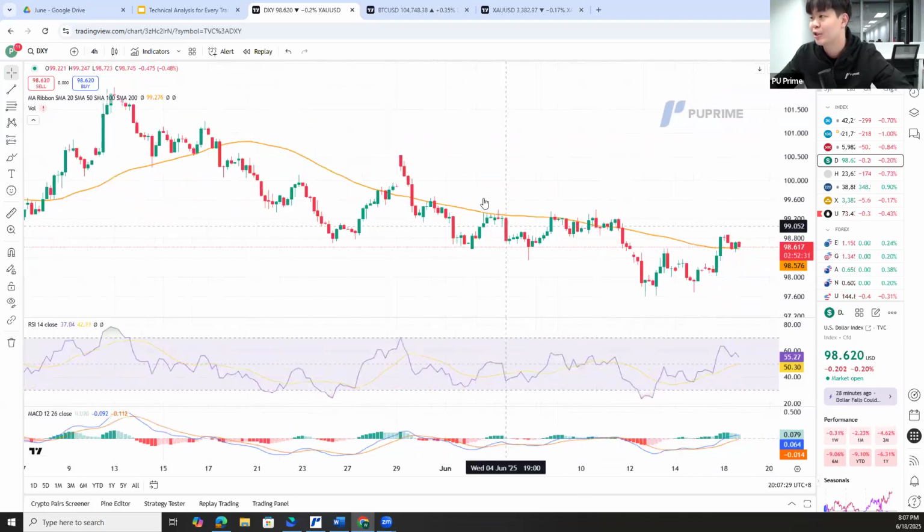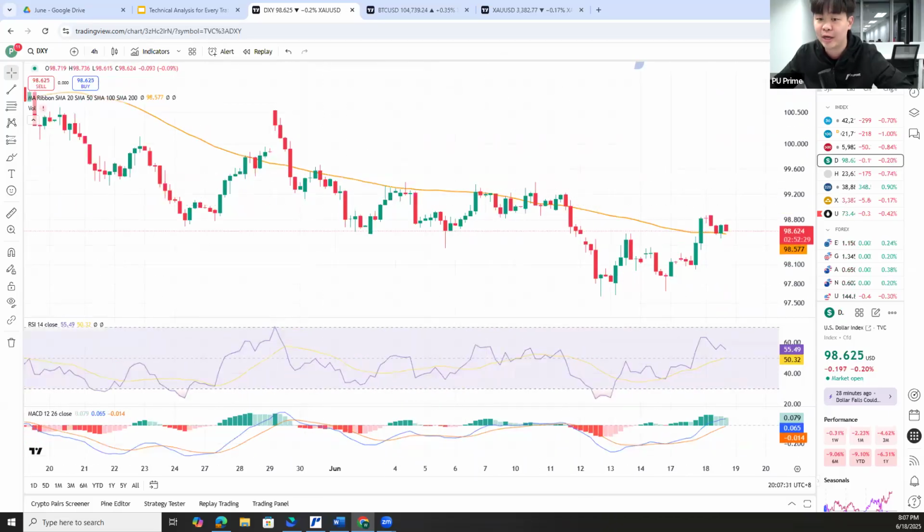So if you are going to base on the charts, you can notice that the overall trend, the movement for the dollar, continues to be consolidated in the zone. And then every time the dollar drops to around $98, it starts rebounding back, drops again, rebounding back. So at this moment, people might be thinking that when the price drops to 98,